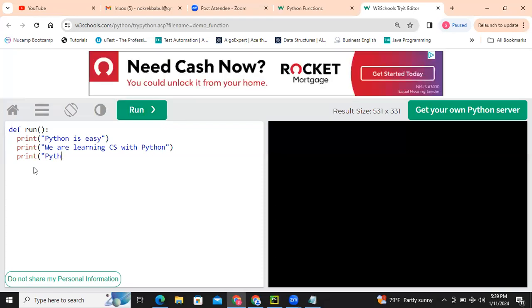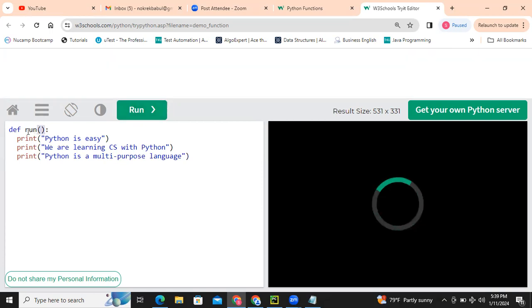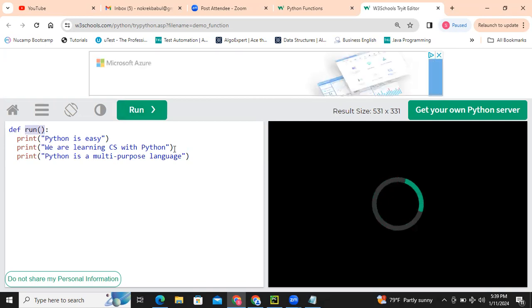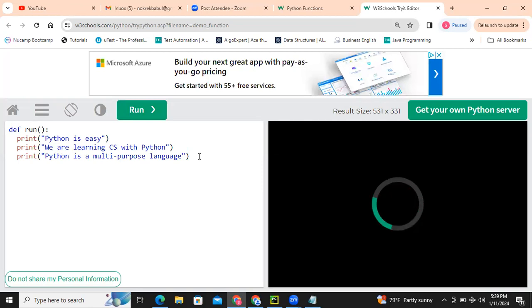You can say, okay. It will not be responding unless you call it by its name. And you have to call it by going outside of the block of code. Okay.